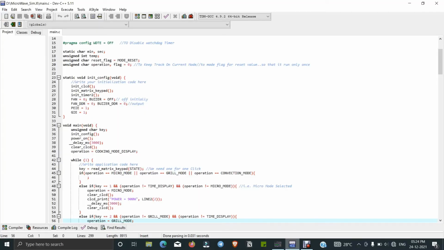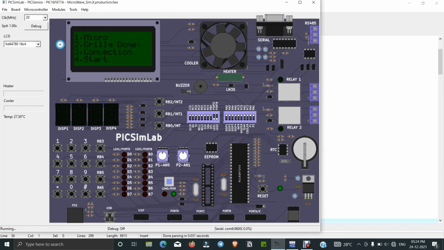So let's see our simulation of the microwave oven. Here is the code, and we have written this code on the platform called MPLAB IDE. Now I'm going to open the PIC simulator. We have to set the clock frequency at 20 megahertz, and we should use an LCD display of HD44780